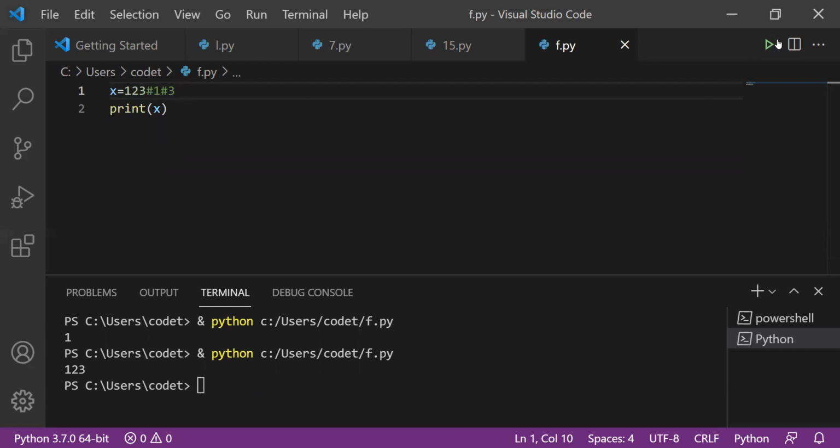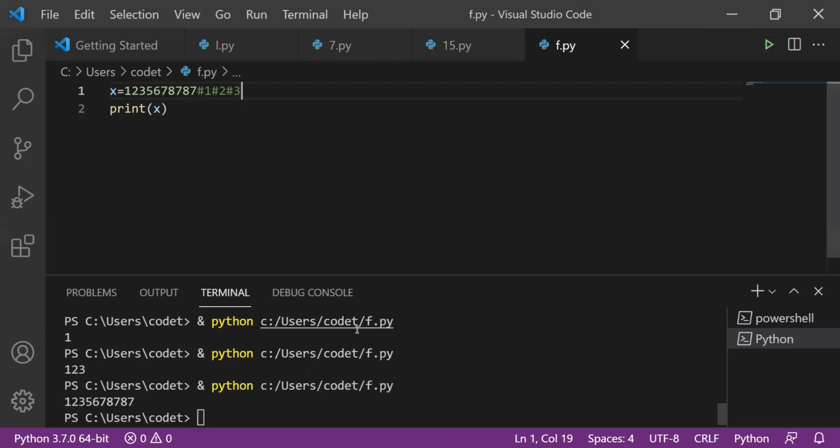Okay. Here also the same thing. It is taking as comments, but don't get confused. Like, yeah, hash is there, so it is completely none answer, something like that. It's not like that. If you include 5, 6, 7, 8, 9, and if you put hash 1, hash 1, hash 2, hash 2, hash 3, something like that, it won't take all these. Okay, it will take the value which is before the hash and it is giving the output.